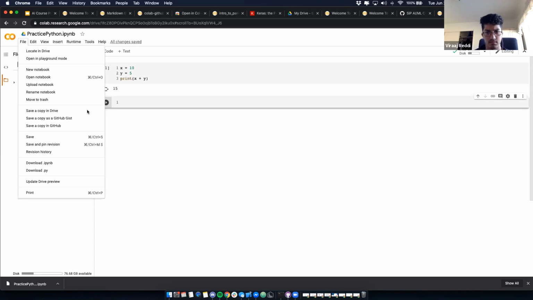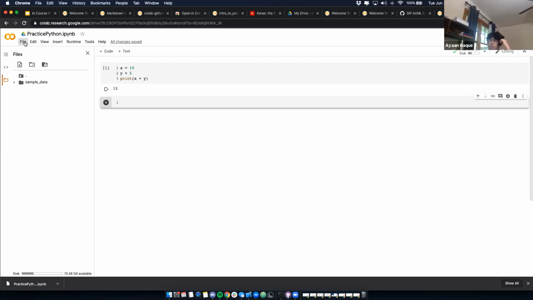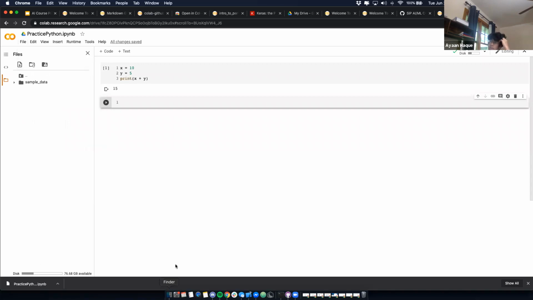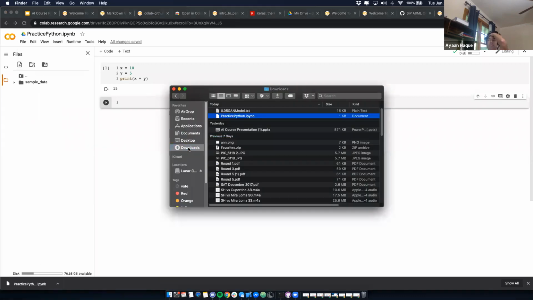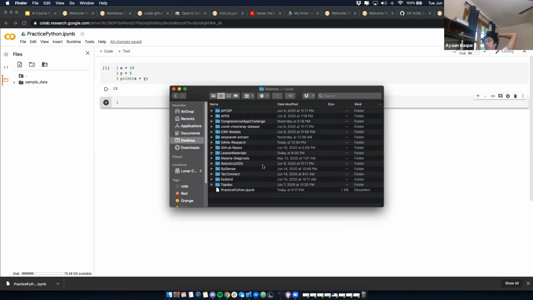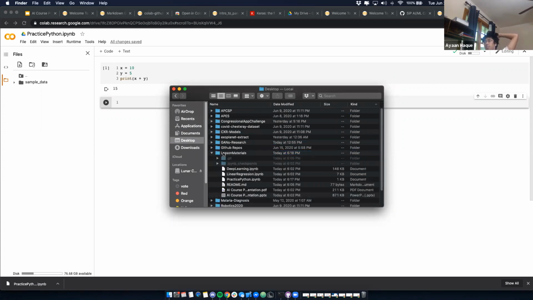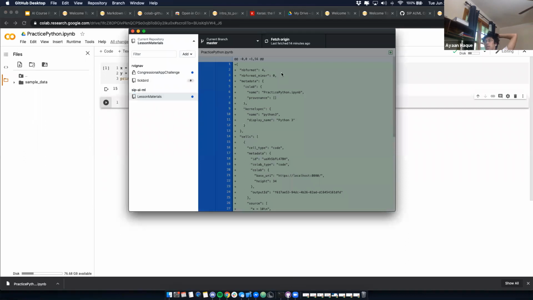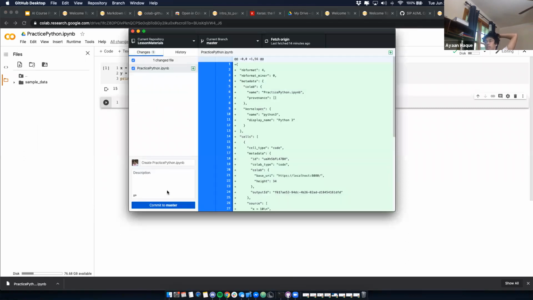So here's how you can save it in your own repository. Download as IPYNB. Move it over here into downloads, and then put it in the correct folder. I'll put mine in lesson materials. Then I'll go to GitHub Desktop, and it says one file change. Let me show you how to commit something.